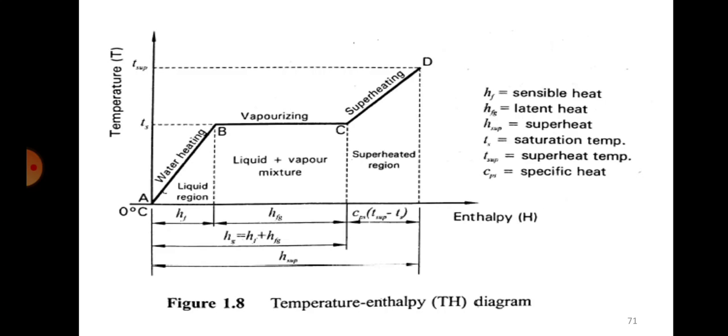Next, what will happen? You are continuously giving heat here, so the water temperature has increased and it has reached a point that is called the saturation temperature. So it has reached the saturation point. Now if you further heat, what will happen? There won't be an increase in temperature. You can note that this level is not going up, but is kept constant. That means everything will have that same temperature only.